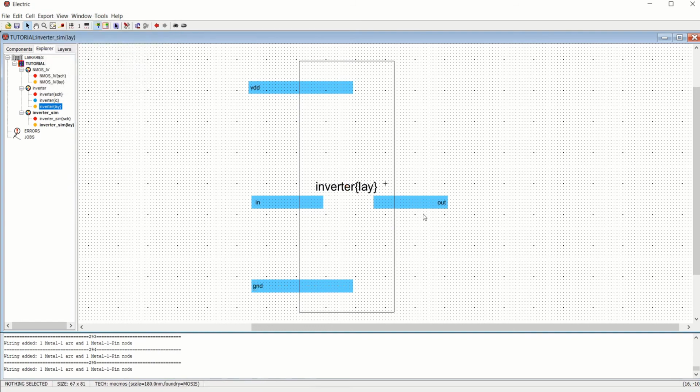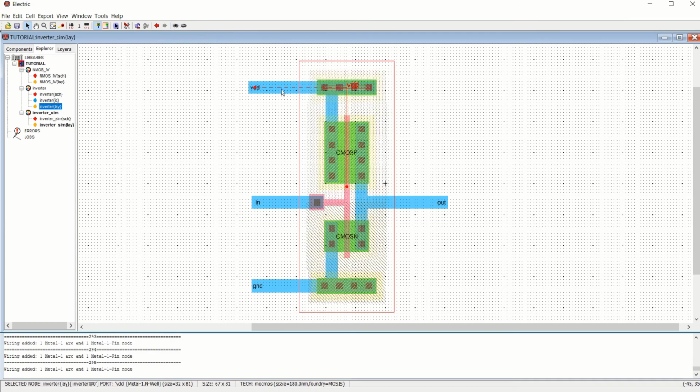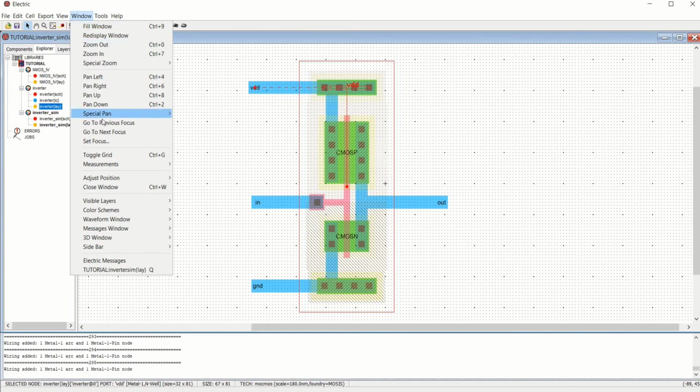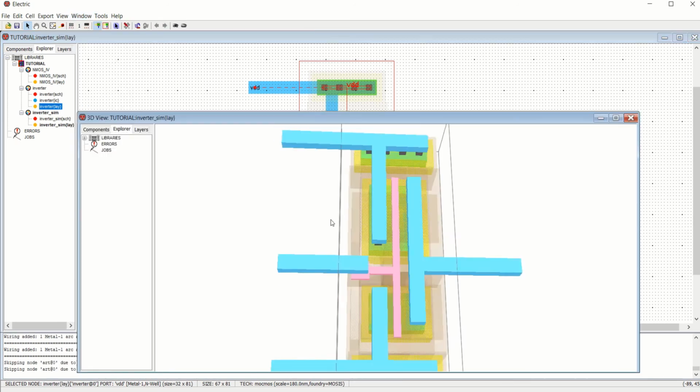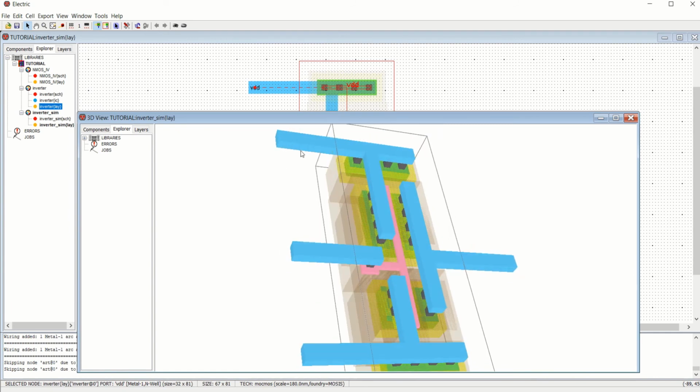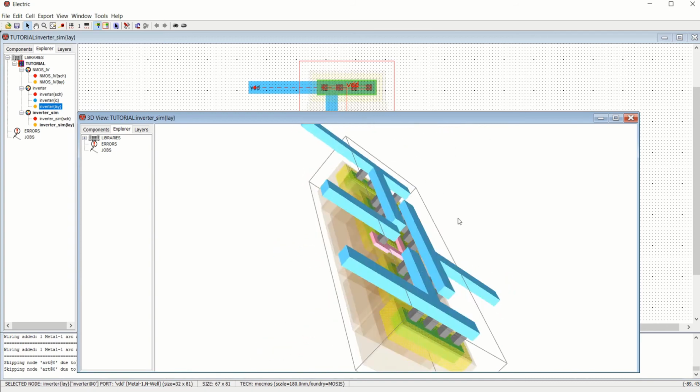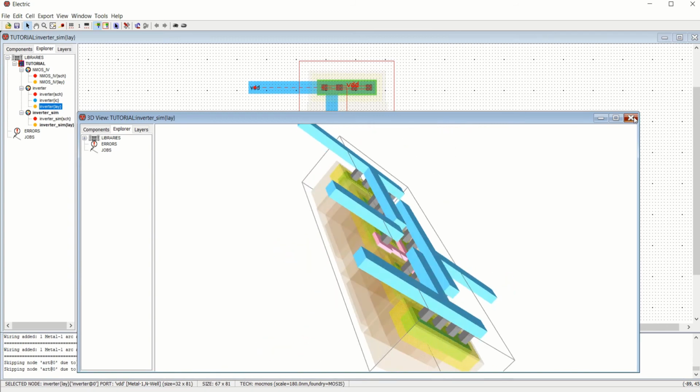Okay, so you can increase the font size by selecting one of them, and if you want to see what it contains inside, select this particular block diagram, and here an eye opening is there. One level down it shows the inner view. A 3D view also can be shown from here, 3D window. So how the metals are extended on top as well as from the sides, you can see them in the 3D window also. So close this.